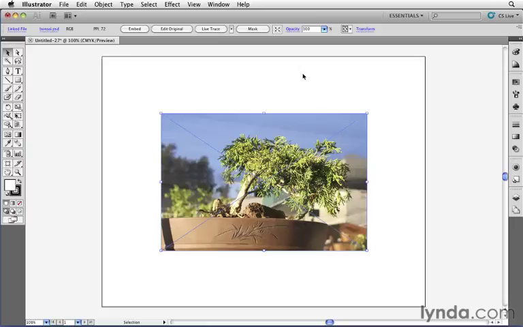Now, what can you do with an image once it's inside of Illustrator? Can I change it? For example, change some of its pixels? Change the color of the sky? The answer is no. It basically is one image here, or one object inside of Illustrator, and I can perform any kind of transformation on it, meaning I can adjust its position, I can apply rotation, scaling, or even reflecting or skewing, but I can't change any of the pixels in the image itself. I can even apply opacity values, for example, to make the image somewhat transparent,